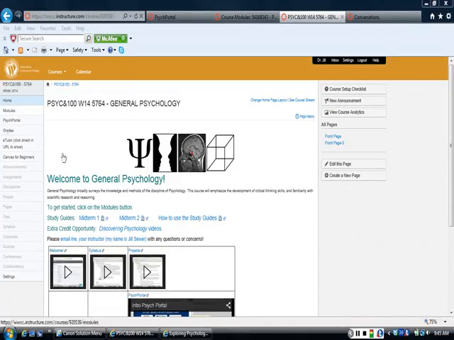So I'm starting from the home page. Even though I created this navigation button that says PsychPortal, I'm going to go ahead and access the portal by going through the modules. So I'm going to click on the modules button